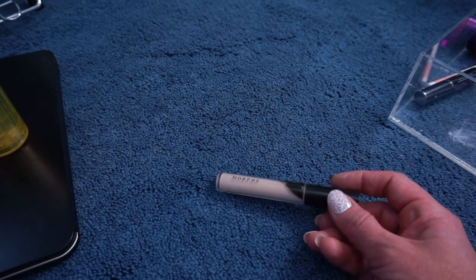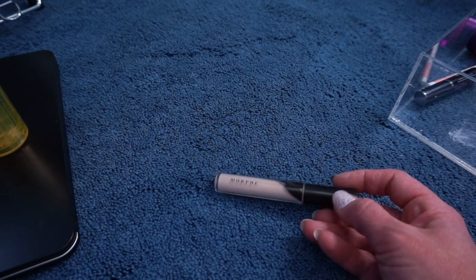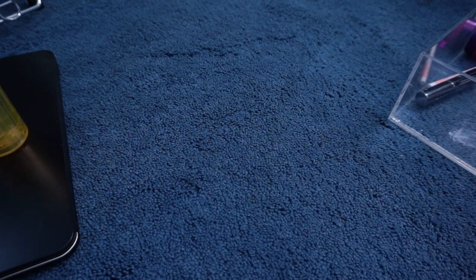The Urban Decay concealer that I use all the time works way better than this. And I know there's a price difference, but this one just doesn't work as well. Then we have